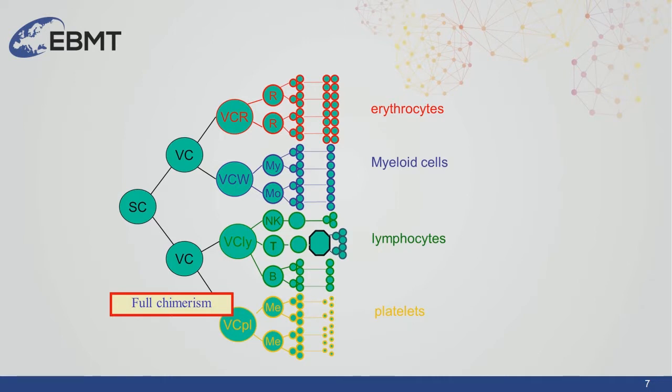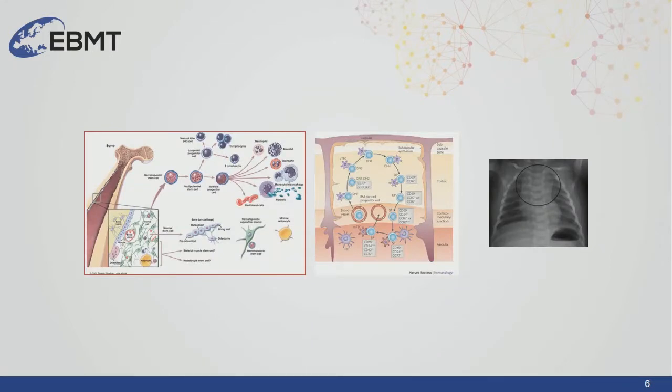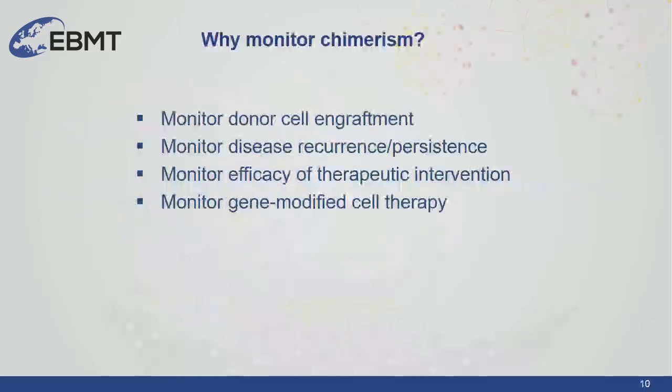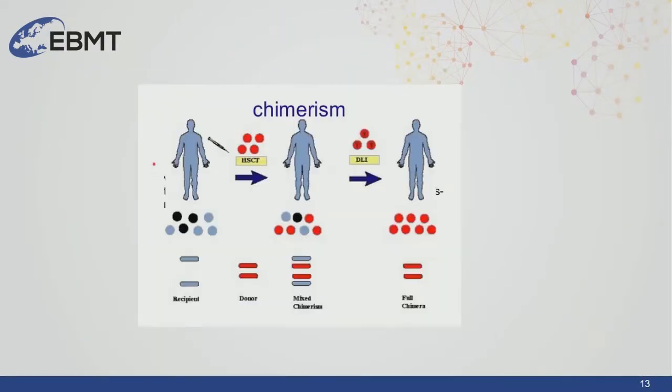So, to simplify it a little bit, by analyzing these two blood fractions, we analyze both this part of the hematopoietic system and this part of the hematopoietic system. Why not everything in one? That is because we are interested in how these two lineages behave, because they do not always reconstitute in the same manner. So if we go back to this patient,